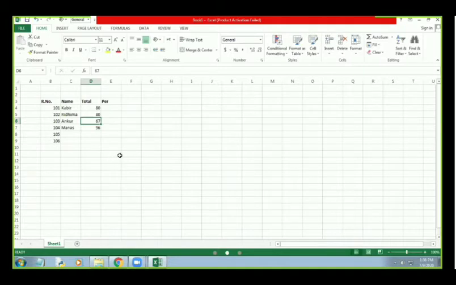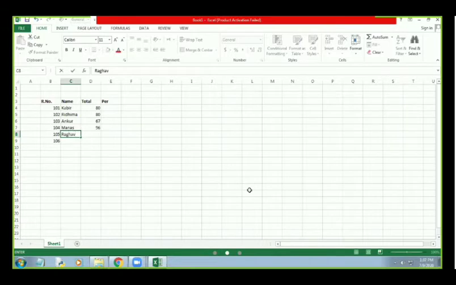Now the next topic is using the undo and redo feature. How to perform undo and redo? As I have told you, what is the undo feature? The undo feature is used when we have to remove the last action that we have performed. For example, we can see here, suppose I write another name here like this.